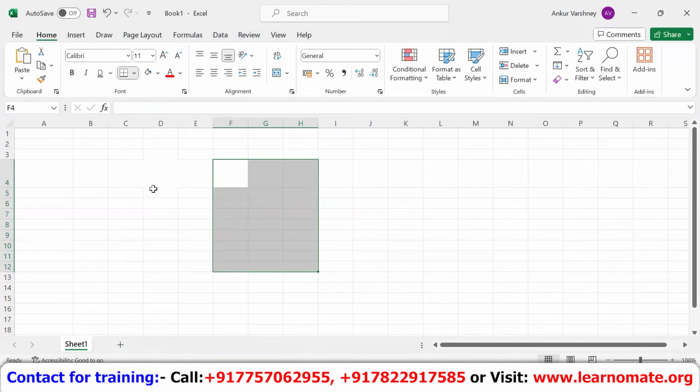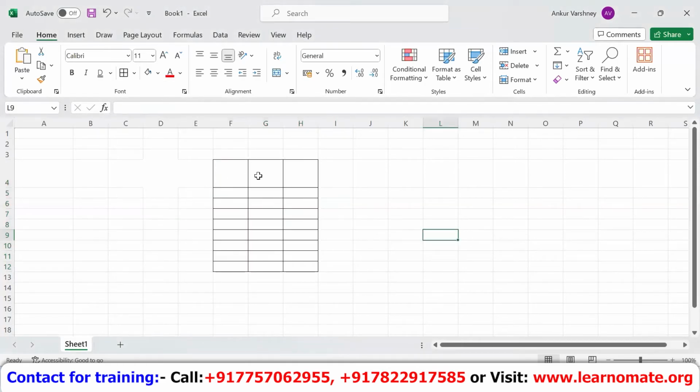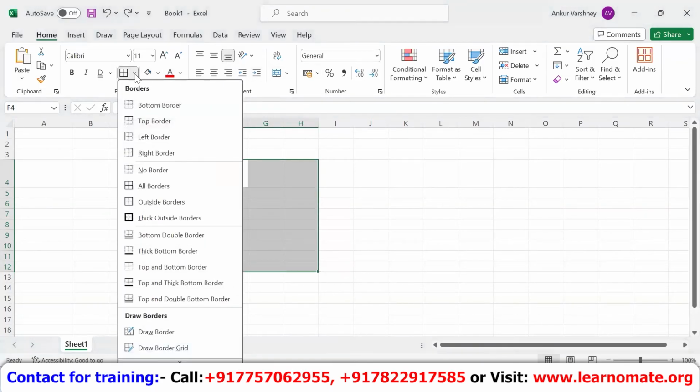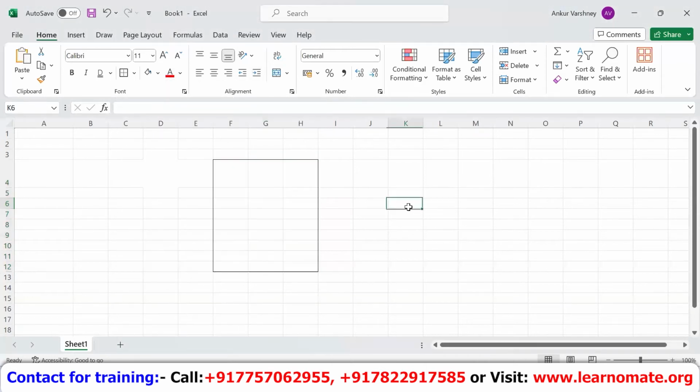I'm selecting all borders, and I have to know the name of this whole complete block. Let me make it one cell, so that you can easily understand it. Okay, I'm talking about this cell. What I have done is made multiple cells into one big cell, right?